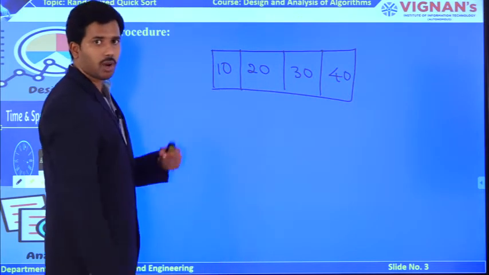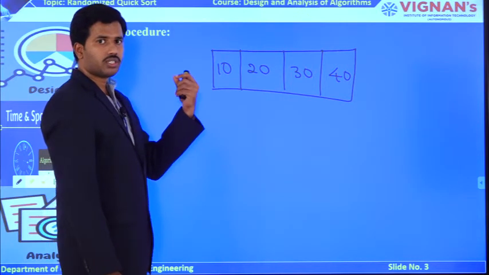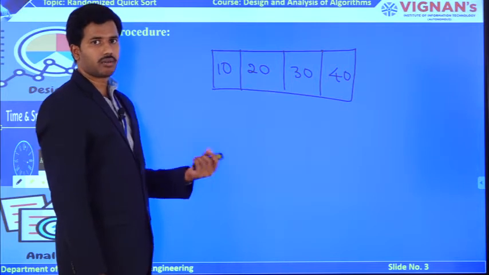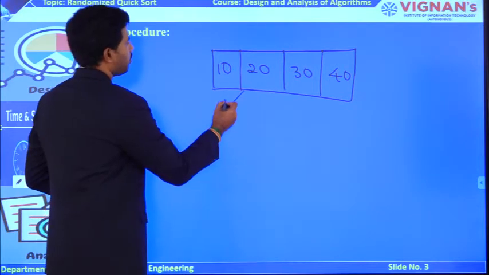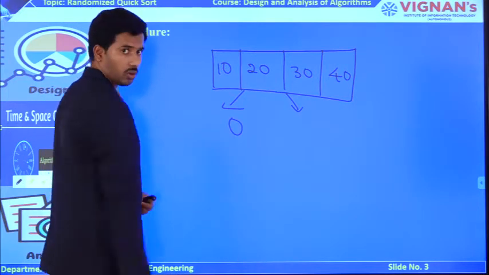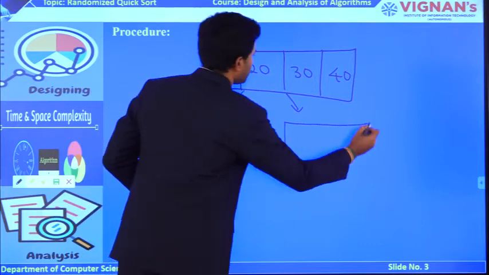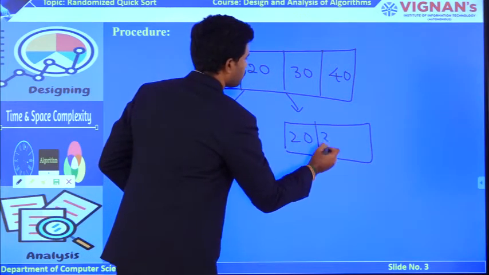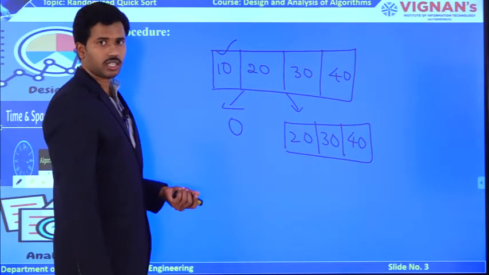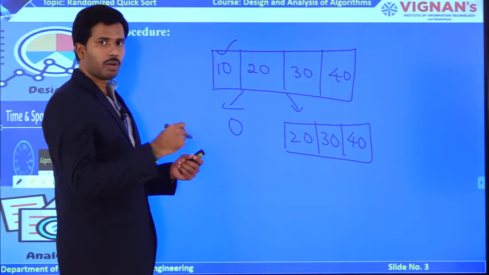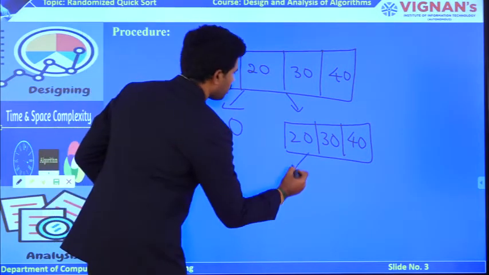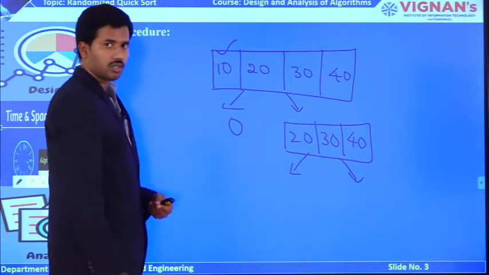So what happens if you apply the divide and conquer technique to this n size array with the help of quicksort by applying the splitting part? Ultimately this array is going to be divided into two parts. The first sub array has size 0, and the second sub array has the remaining n minus 1 elements. Why? Because here the pivot is 10. If I choose the pivot element as the first element, ultimately my pivot is swapped with itself. Okay. Now for the second iteration, I am going to have two sub arrays.